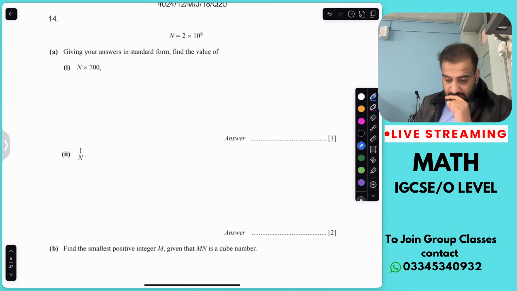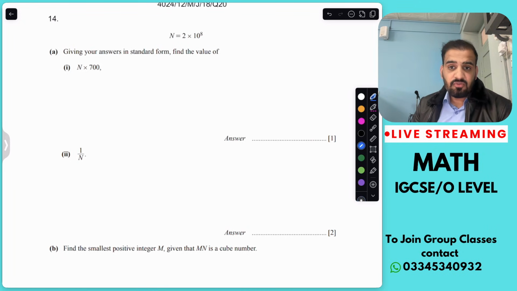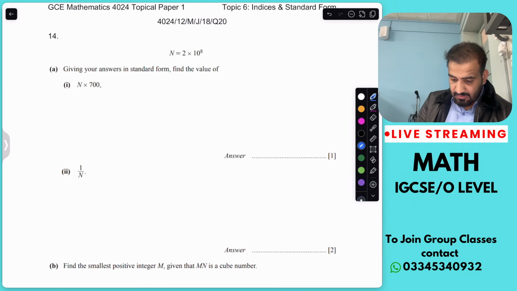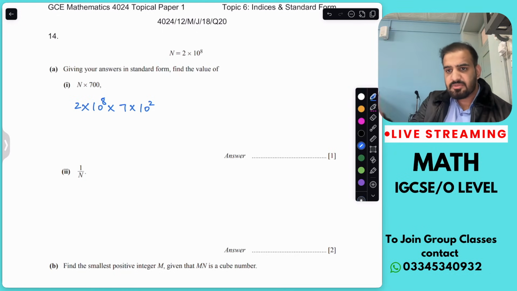Question 14. Giving your answer in standard form, find the value of n cross 700. So n cross 700, where is n? n is 2 cross 10 raised to power 8. Cross 700 means if I write 7 cross 100, you know it very well, or if I write 7 cross 10 square, it is also obvious. We can write 700 as 7 times 10 square. Further, you can write 2 times 7, which is 14, cross